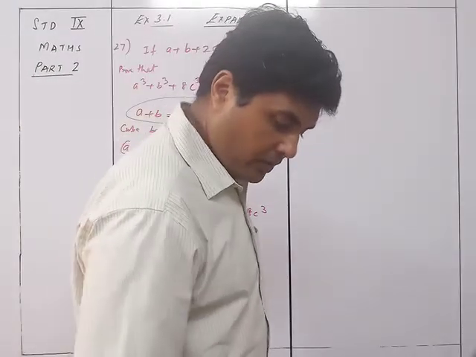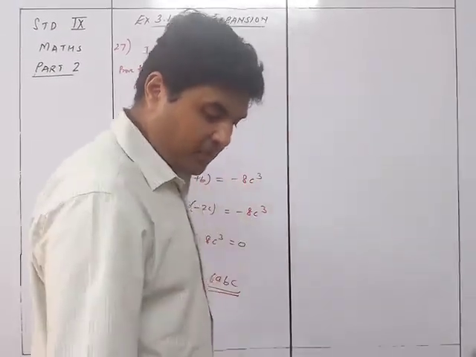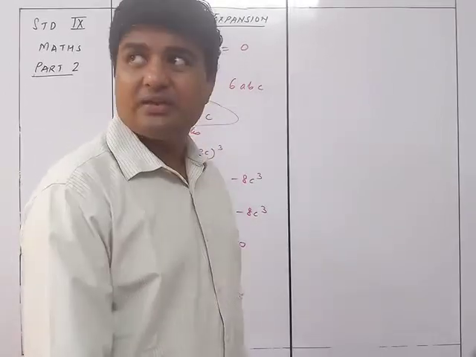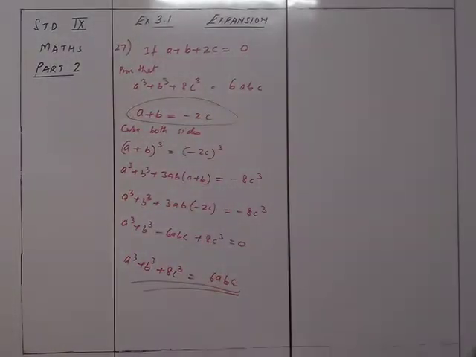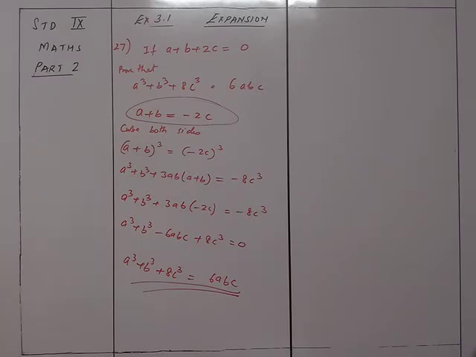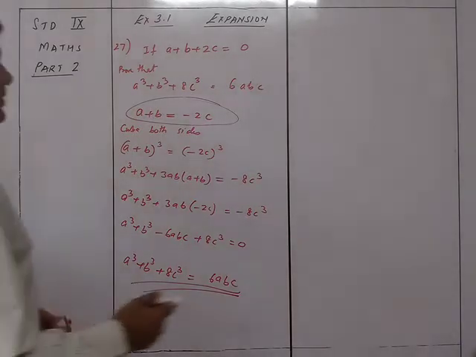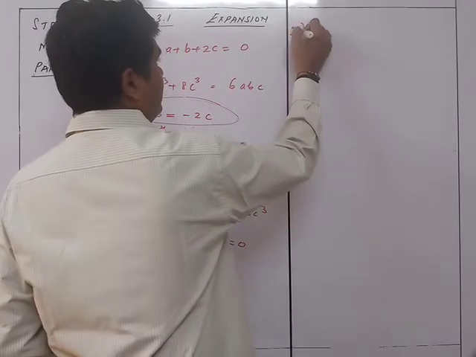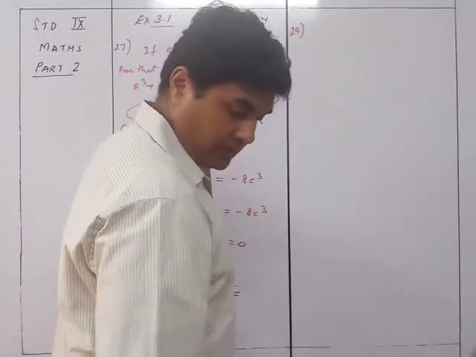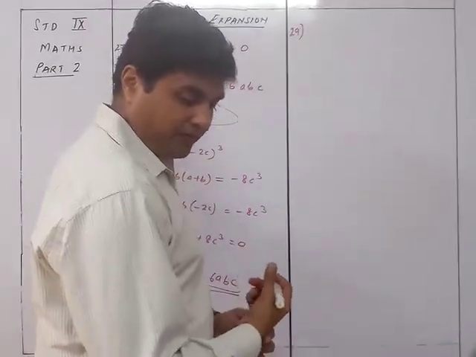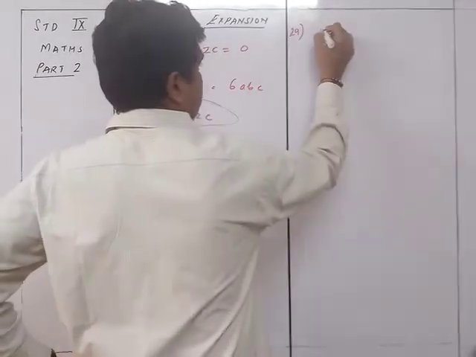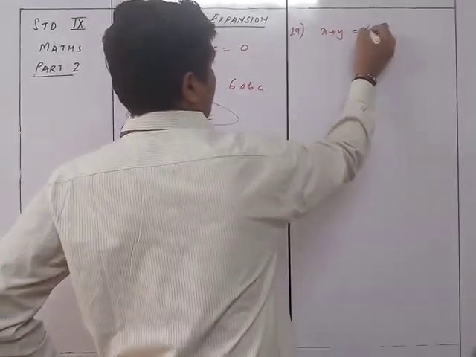Okay, I think I'll also take sum number 28 and so on. Let me check. Yeah, let me check this. Okay, let me do sum number 29 first. So 29, x plus y is equal to 4, then find the value of